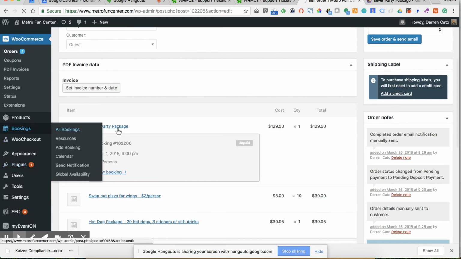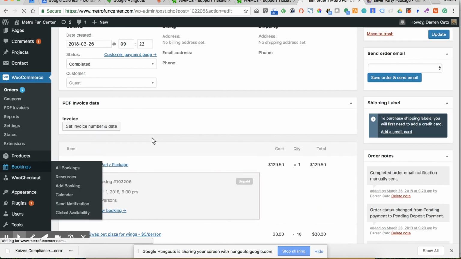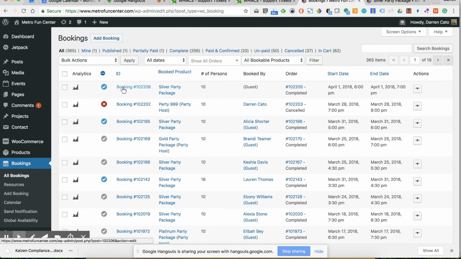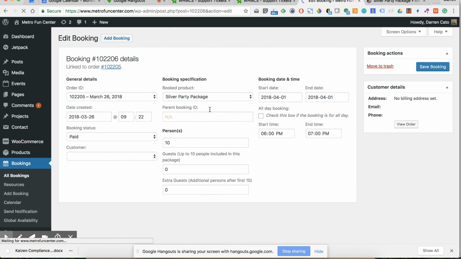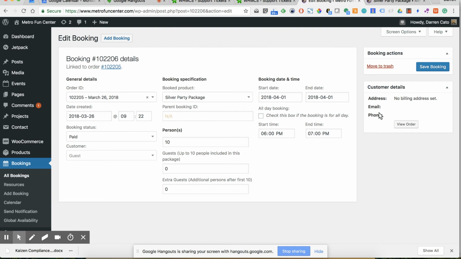So now let's say I wanted to check on this booking. I would go to bookings. Here's my booking right here. Guest, it's this booking. It's a silver party package. It's for April 1st. And I am going to delete this because we don't need this booking. Okay, and that's it. That's how you create a booking from the